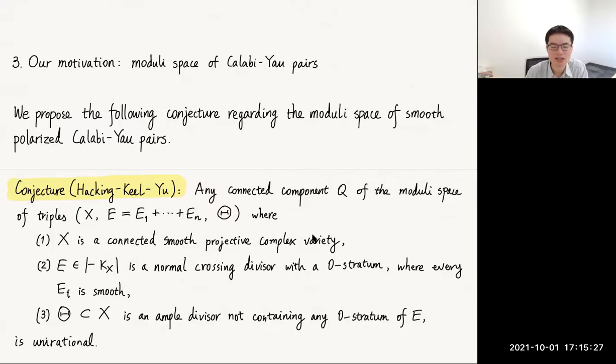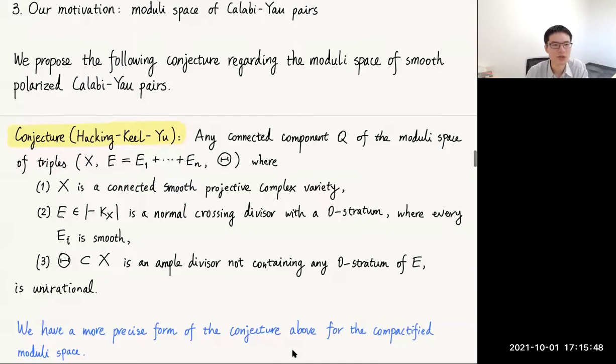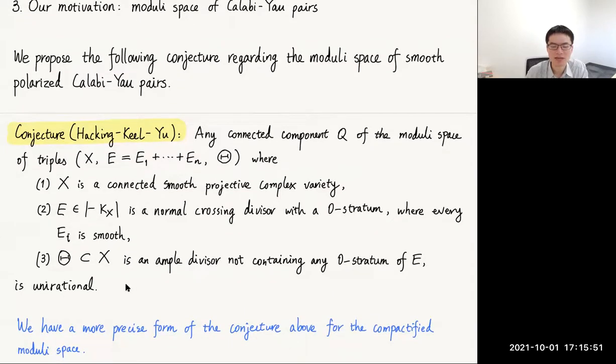Motivated by mirror symmetry, it's very tempting to think that this moduli space is almost a torus. Here we just say unirational, but we have a more precise form of the conjecture, which suggests that it's almost a torus. But in order to state the conjecture, let me review some basic notions from